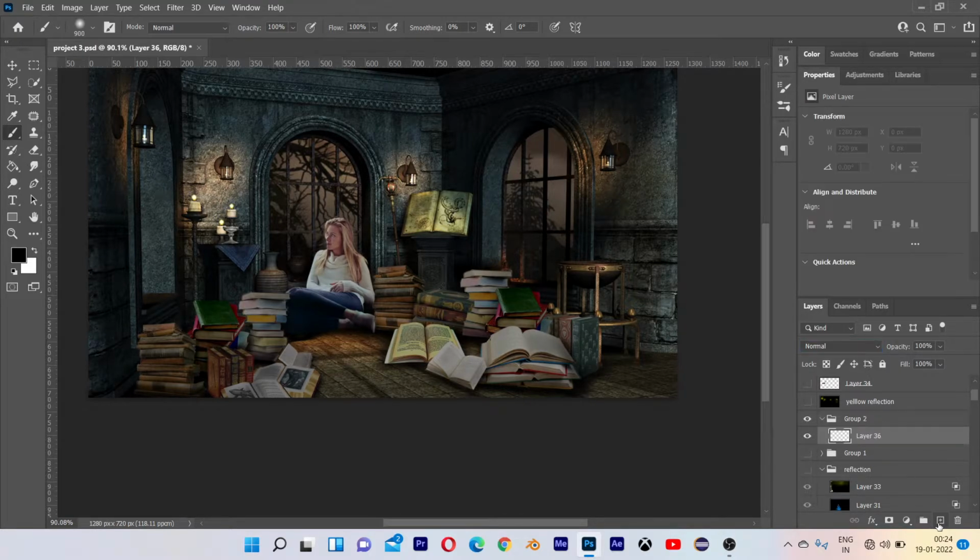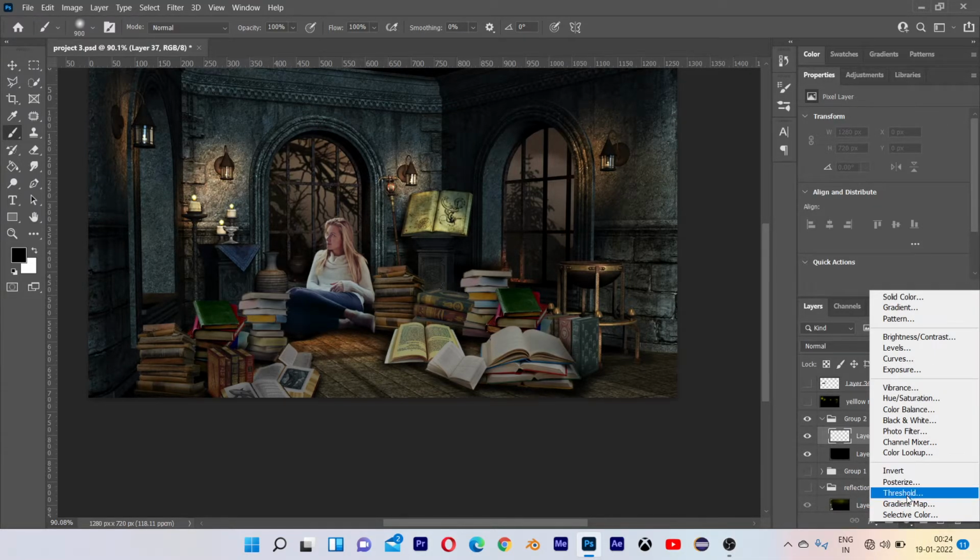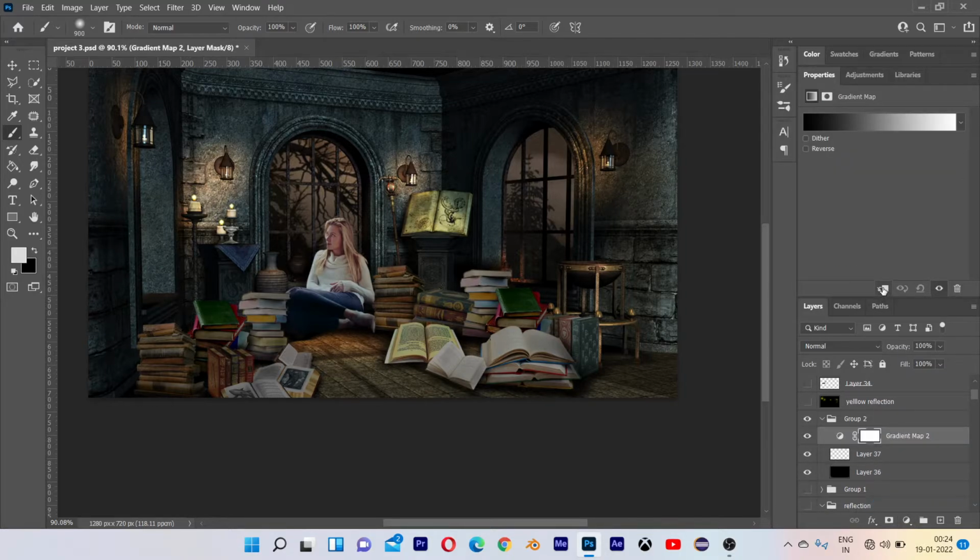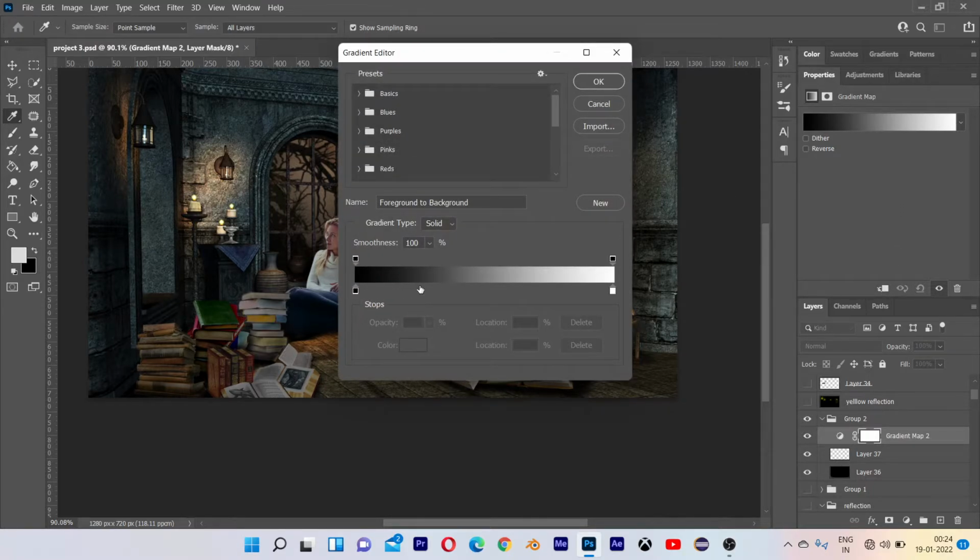Okay, make a new layer, black color selected, color the background with black, make another new layer, then go to fill, gradient map, okay, left side black and right side white.